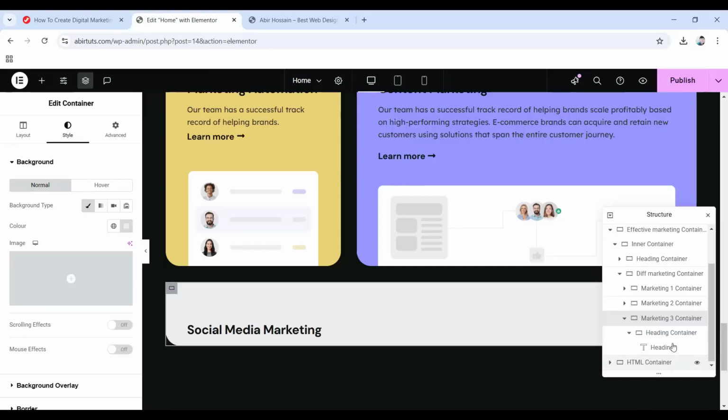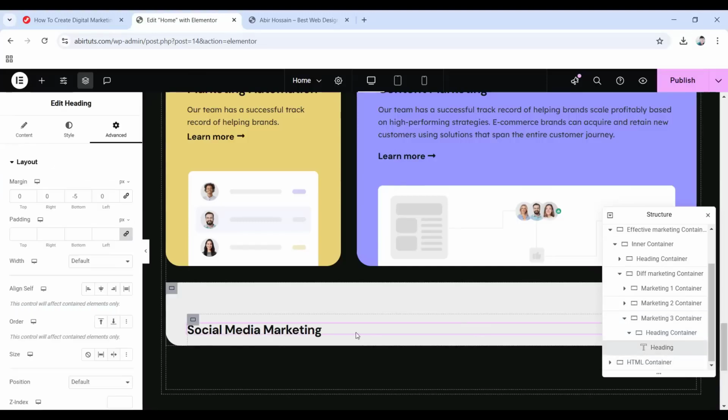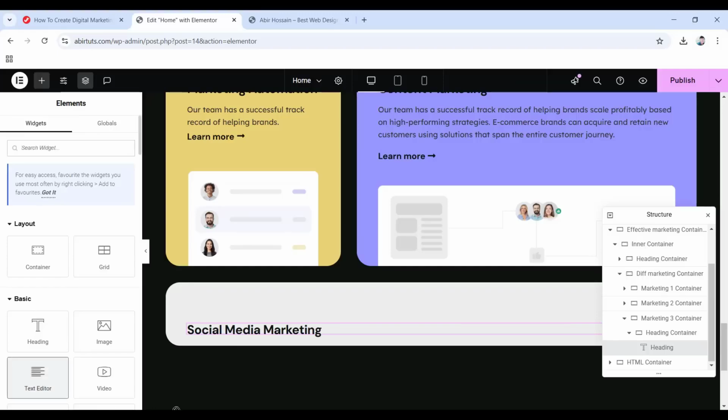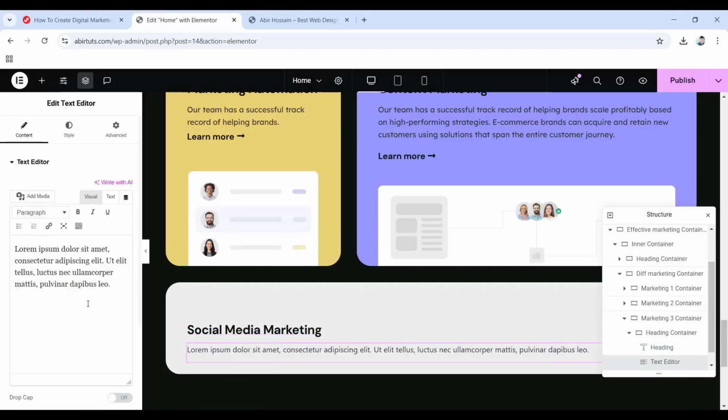Okay, so let's go back. So we were done with our heading container here. I was so busy putting the values that I didn't even see the color of the background. Sorry for the silly mistake, but let's keep on creating. Now under this one, we're going to add a text editor. So click on this plus icon, then drag this text editor under here, then give it a dummy title in